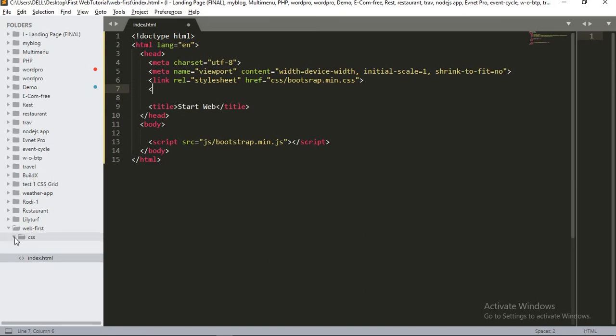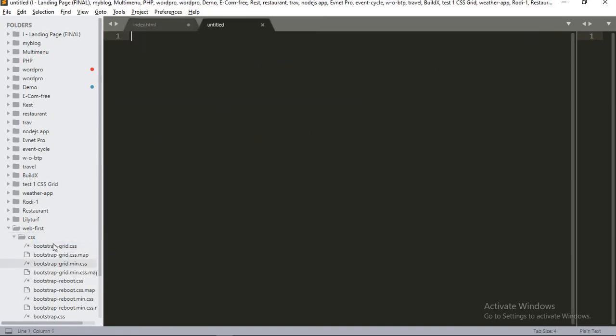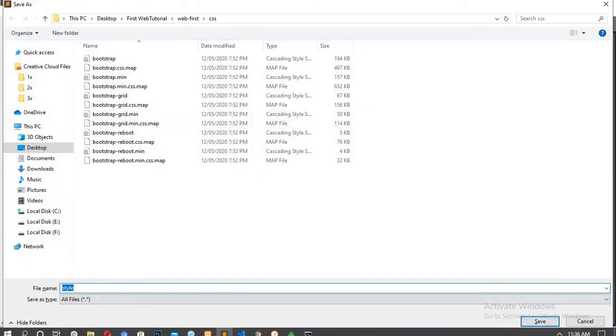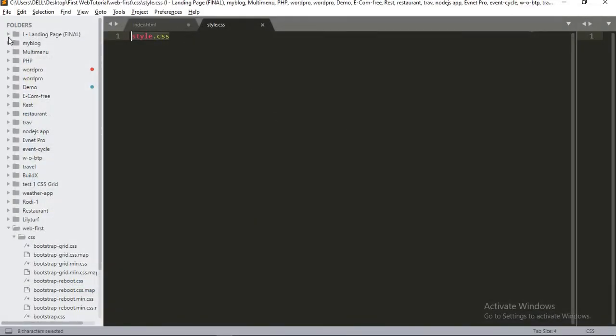Now go to the CSS file, then go to new file, then type style.css, press Ctrl S. Here you go, and save it. And first you have to write some default CSS codes, like